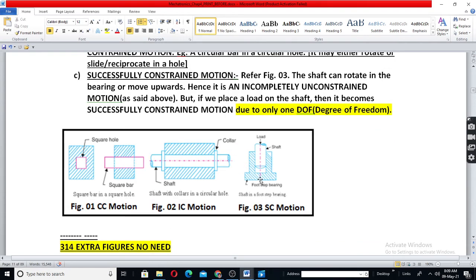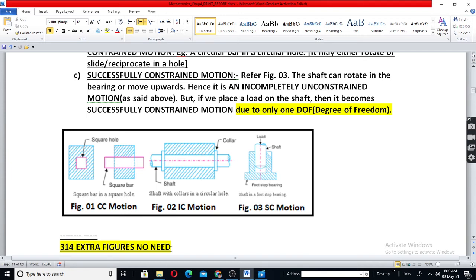See here, a load is put on here. Here you have an end cap. So you restrict, say at one point you put an end cap, and here you put a load. So translatory motion, linear motion, is prevented, restricted. Then it can only rotate. Example, in cam and follower.